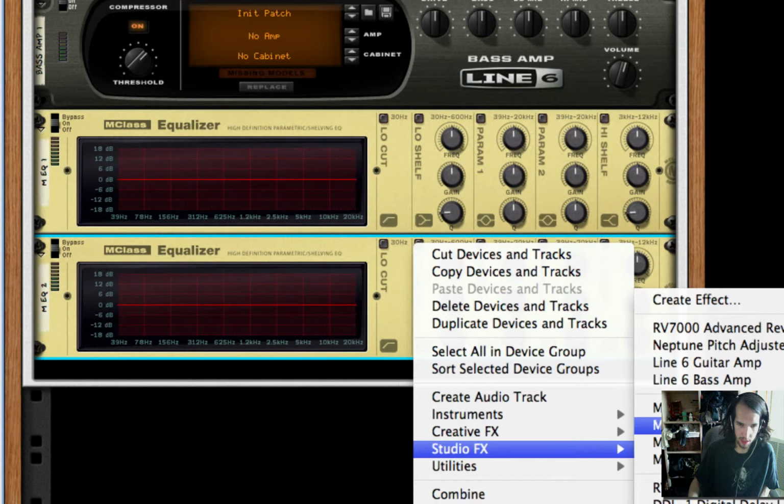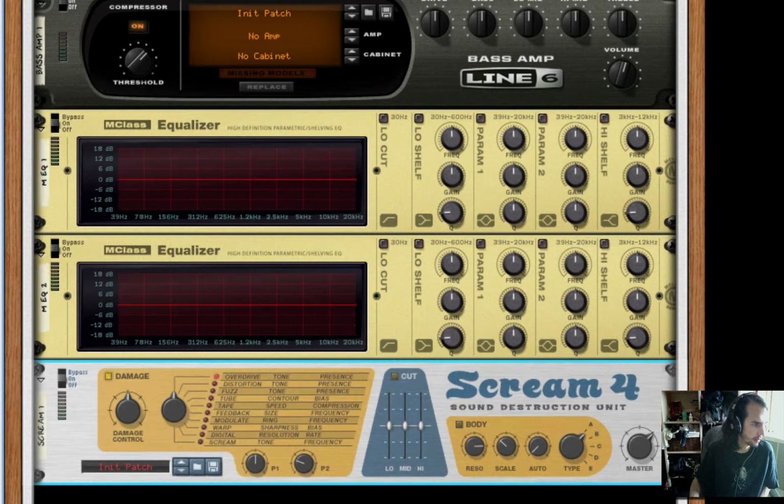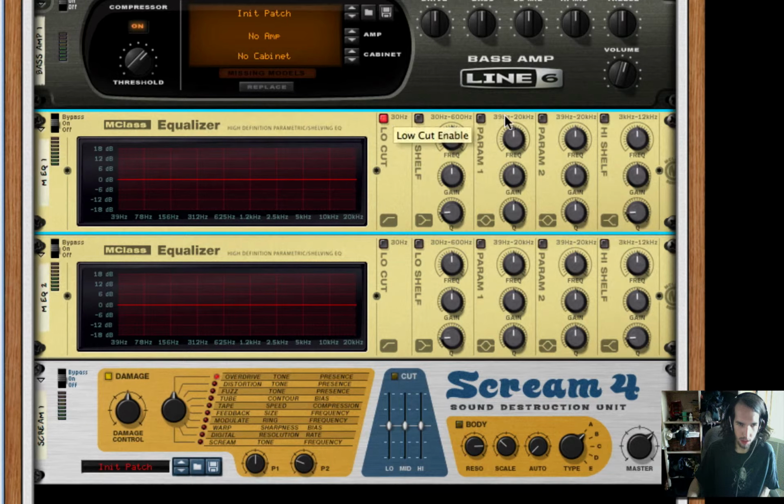And then we're going to set up a Scream 4 distortion after this, found in Creative Effects. So for our first equalizer, I'm going to turn on low cut, parameter 1, parameter 2. I'm going to take this to about 205 Hertz, push the gain all the way down, push up the Q to about 20.1. Next, we want to boost this,